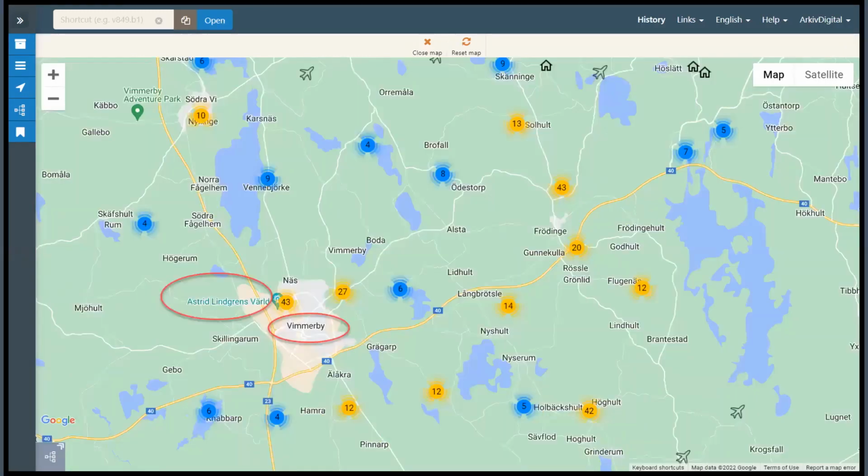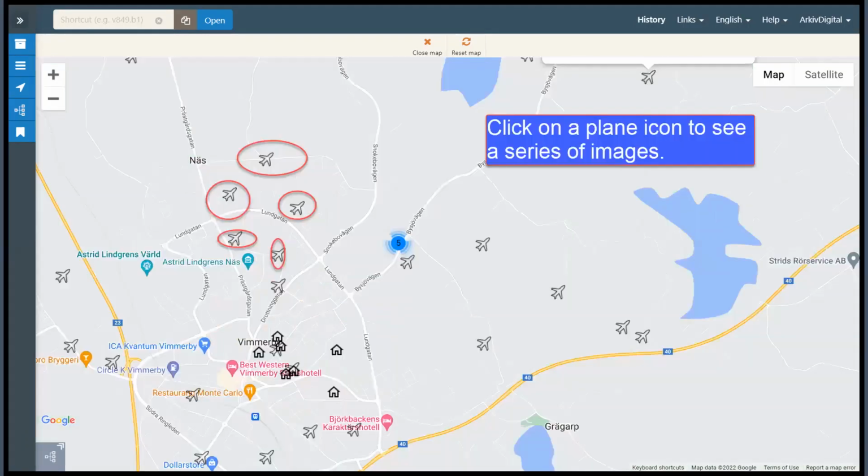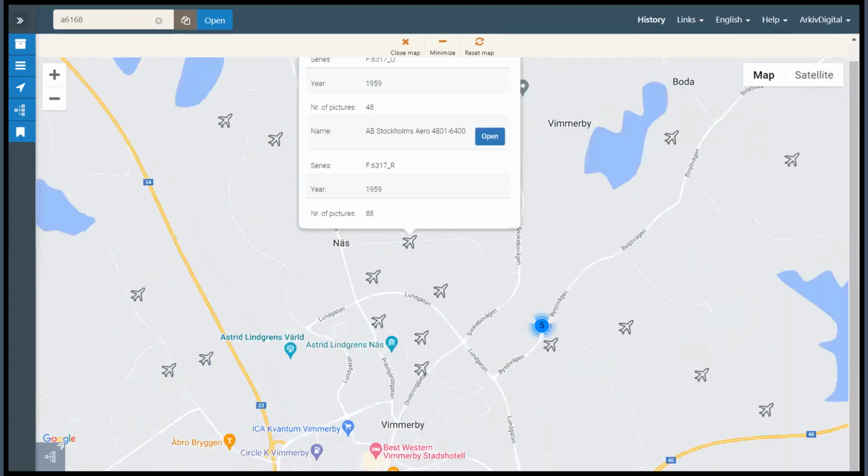And here I find, it says Vimmerby, and then I see a sign that says Astrid Lindgren's World. She was the author of the Pippi Longstocking books, and she was born in Vimmerby. And then I can click further on the 43, and now I see some icons of planes. And then I can click on one to get an information box. There's one, says that the photography was by the Stockholm Aero Company, and the series number is